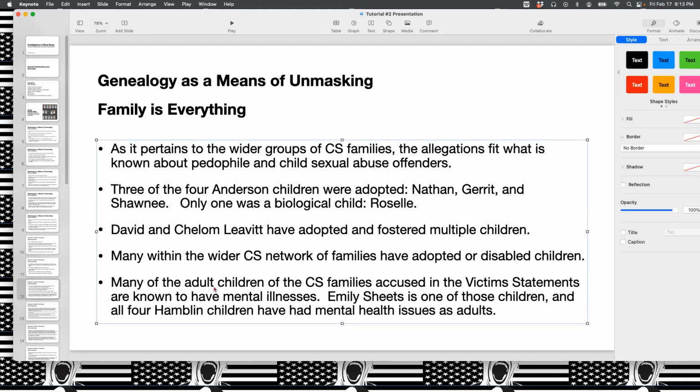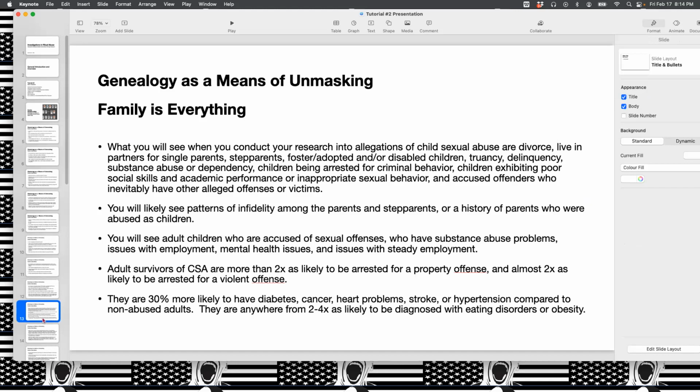You have the adult children of the CS families accused in the victim statements are known to have mental illnesses. Emily Sheets is one of those children. All 4 Hamlin children have had mental health issues as adults by their own admission. So when you're seeing this, it's just more corroboration and more confirmation that these allegations are potentially true, or they are absolutely proven true in a court of law in certain cases. So when I say family is everything, what you're going to see when you conduct your research into allegations of child sexual abuse or divorce, there's going to be living partners for single parents, step parents, foster or adopted or disabled children,